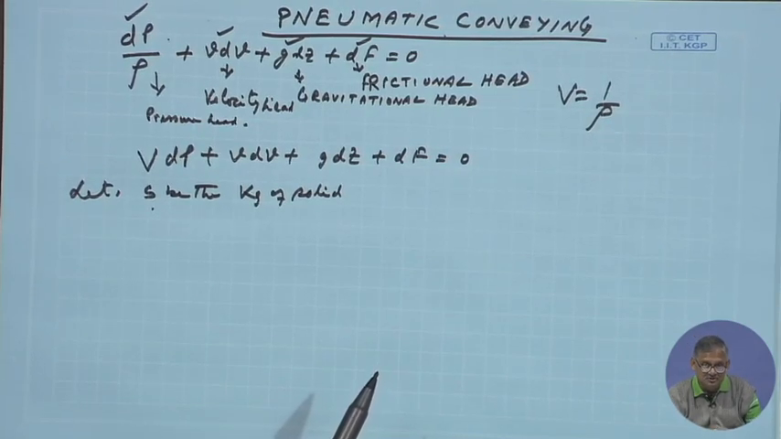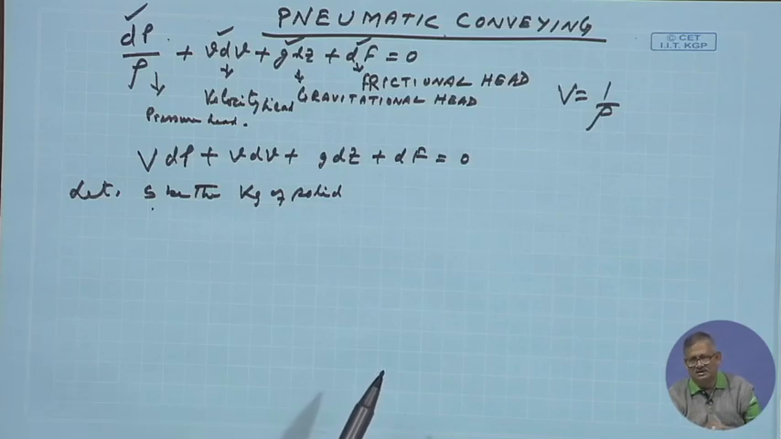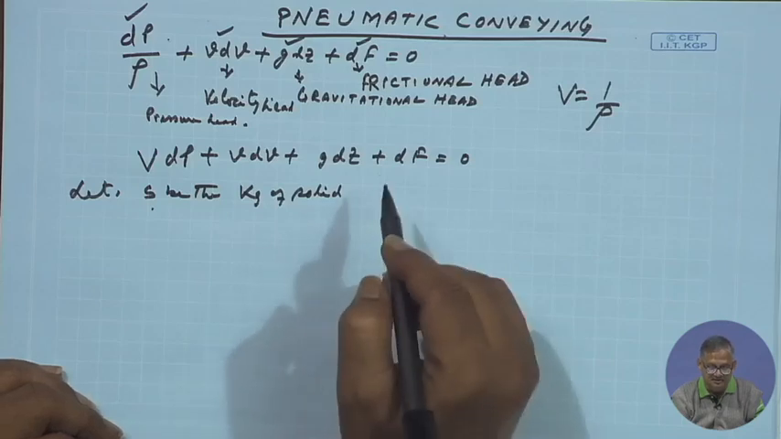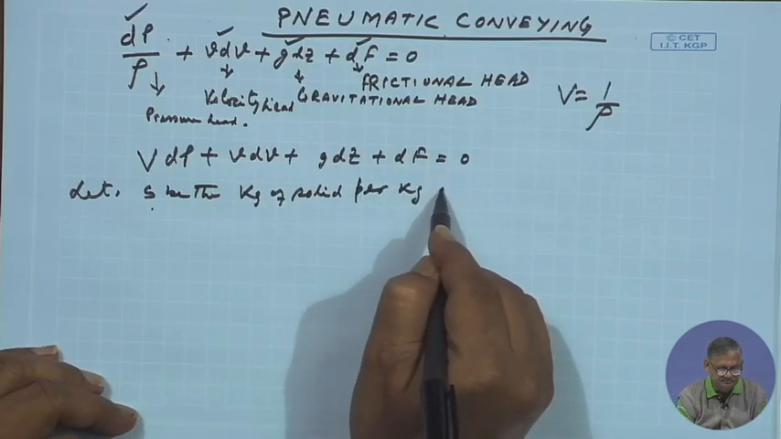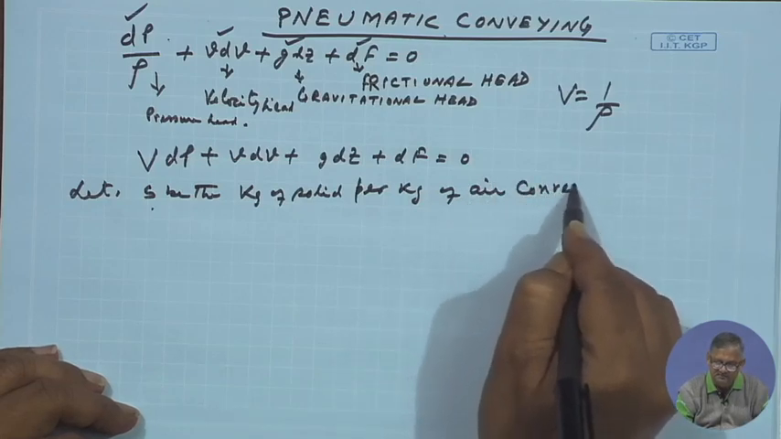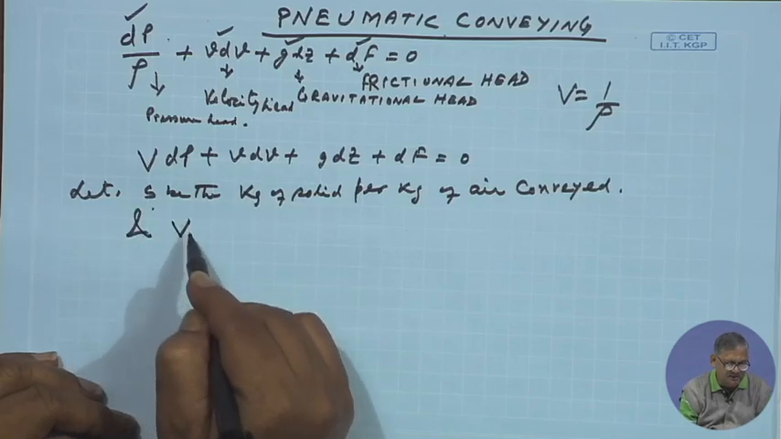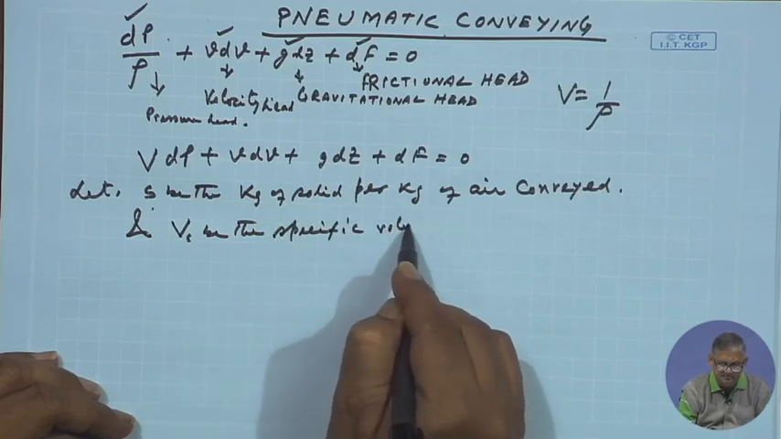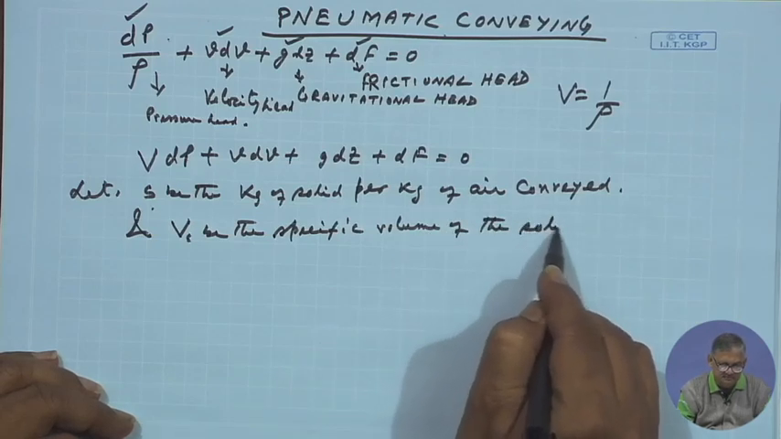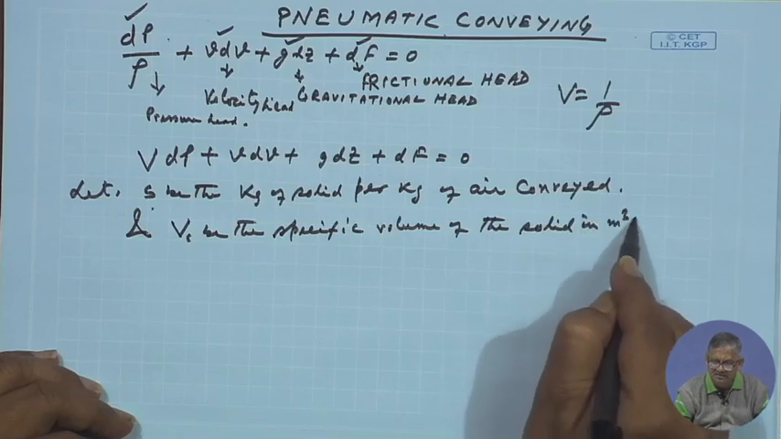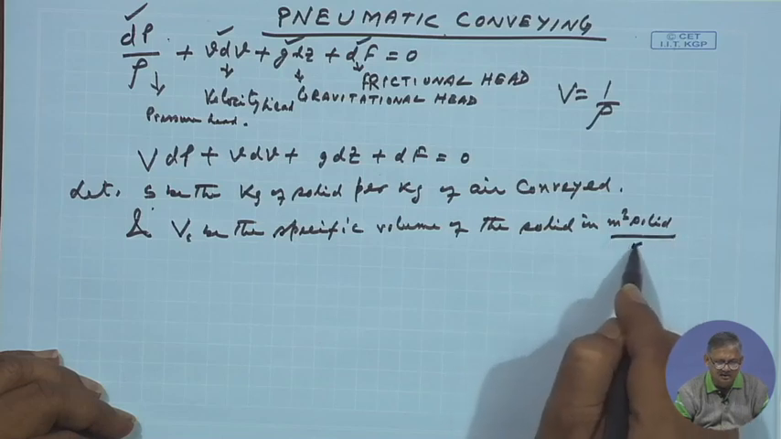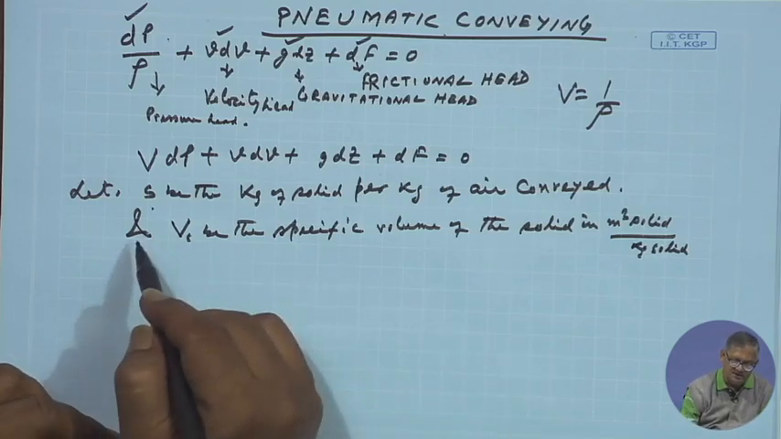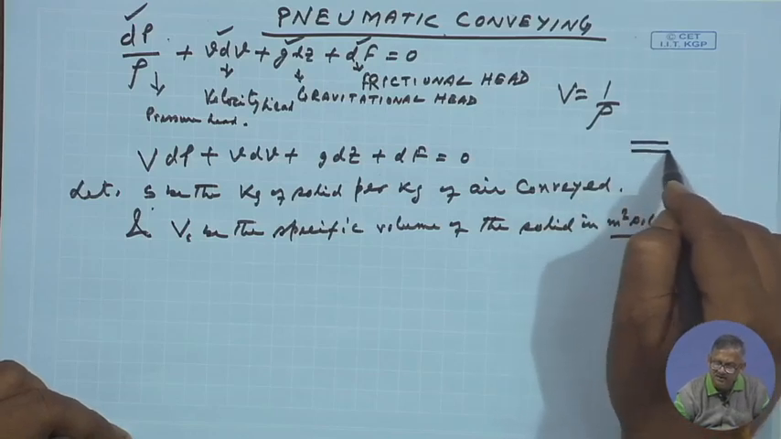Then otherwise you have to use a lot of force to convey from one place to the other place. For that, let us assume S be the kg of solid per kg of air conveyed, right, and Vs be the specific volume of the solid in meter cube per kg of solid, right. And now, here we are assuming since it is pneumatically being conveyed, that is from this place to this